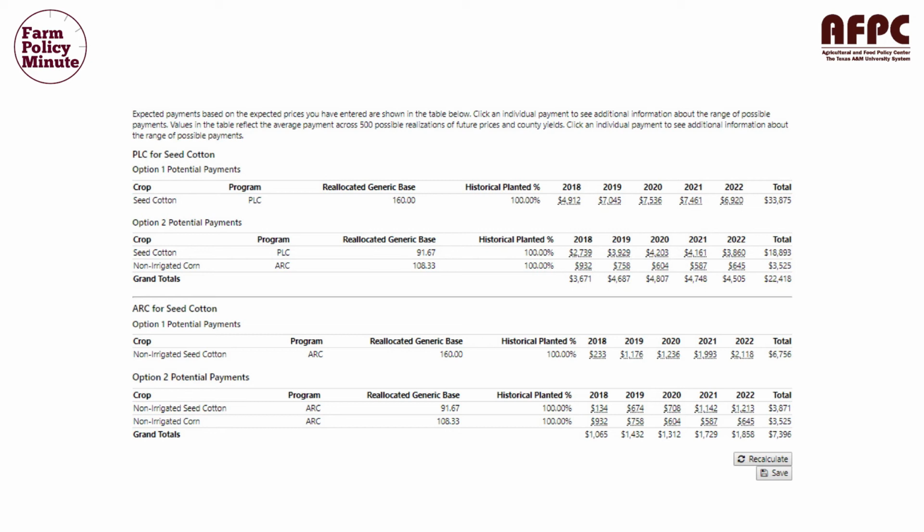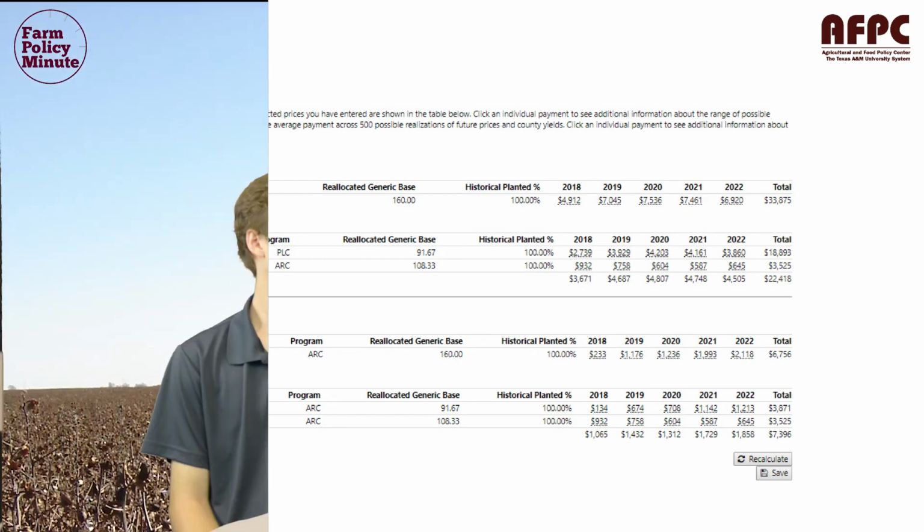Every meeting I do across the state, producers ask me, what should I do? And my answer is, do you want to try to get the most expected payments out of this program choice, or do you want to keep the most base? Because those two things are usually different. This is a reasonable example, because that's the case in a lot of situations. We can't tell you what you should do, but I can tell you this much: if I'm a tenant and I'm renting someone else's land, and I have a power of attorney to make this decision for the landowner, I probably will consult them with this particular decision, because